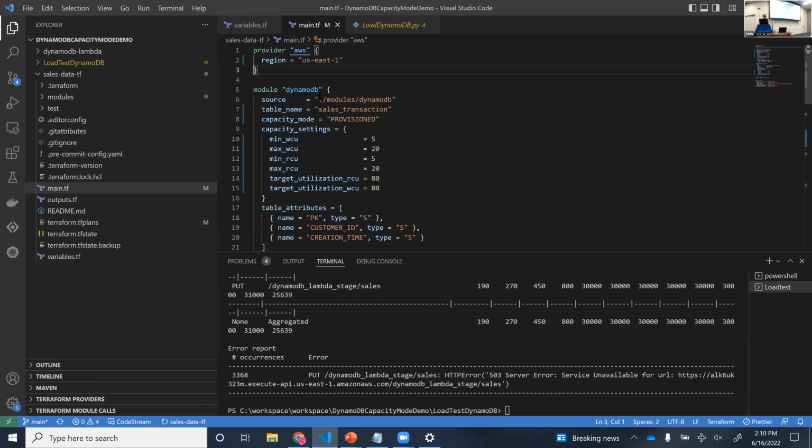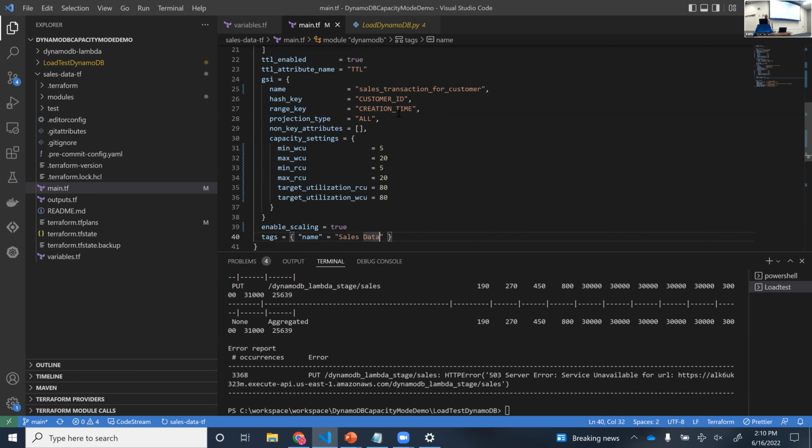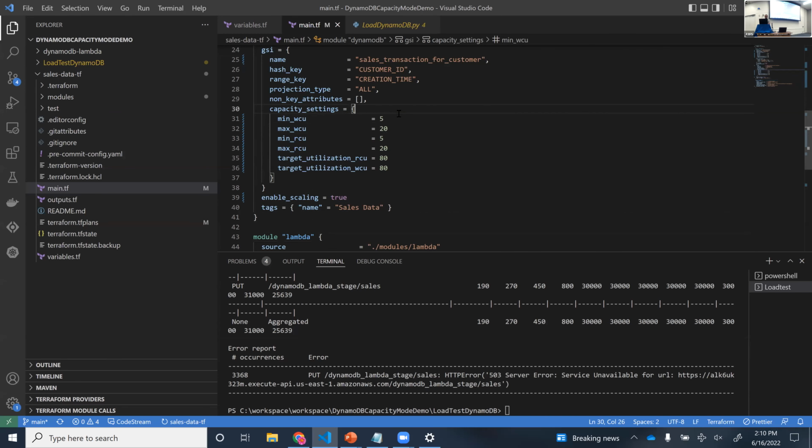So this is the Terraform project. We are provisioning a DynamoDB table called sales transaction, and it is using provisioned mode. The minimum capacity is 5, maximum 20, and the target utilization for RCU and WCU is 80. Then we have a bunch of declared attributes, and it also has a GSI, though it doesn't matter